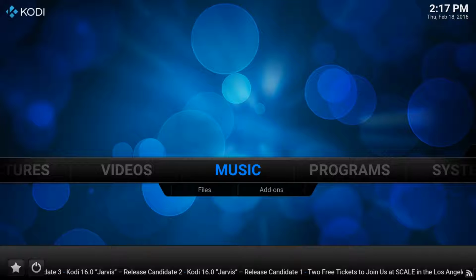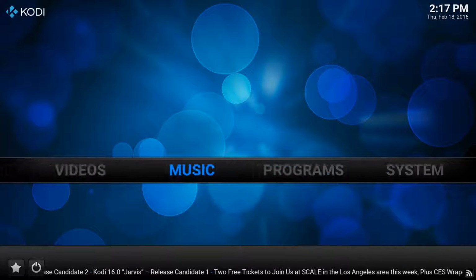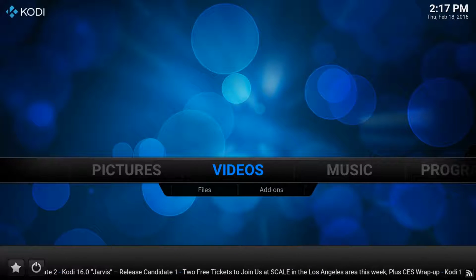Okay then, so like I said, this is what you are greeted with as soon as you boot up KODI fresh for the first time. There's not much going on here, it's not exactly very attractive, it's very standardized, and to be honest, this makes my eyes bleed because I've seen it so many times and it looks horrid to me.